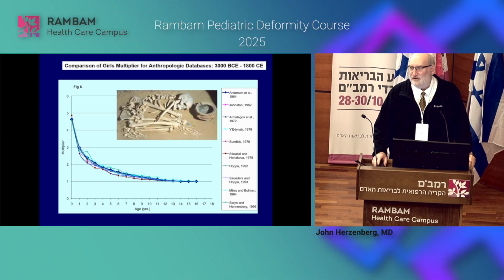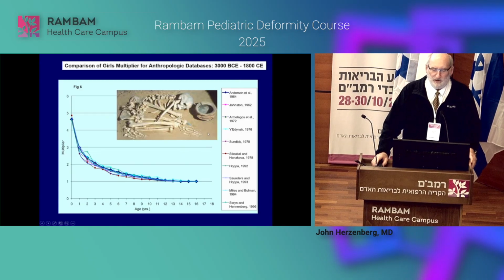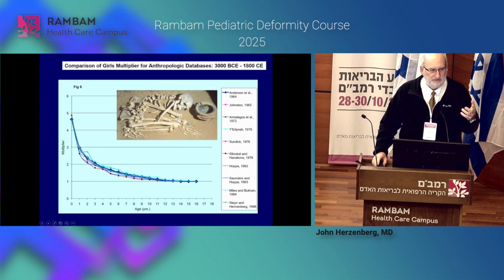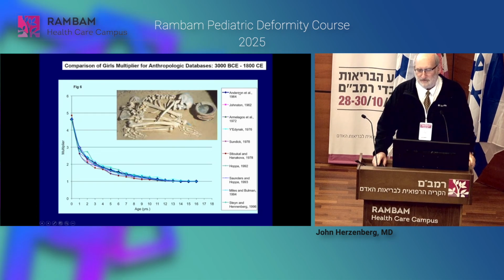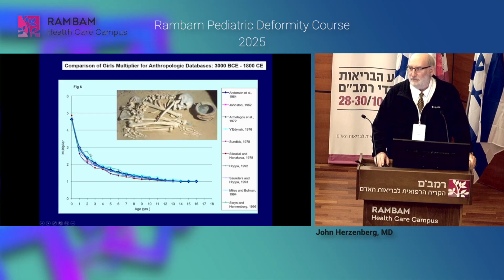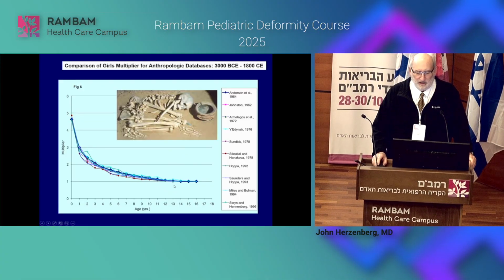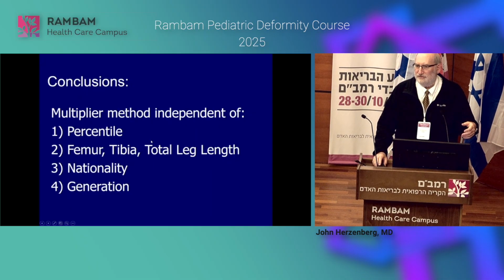And then there's even databases, believe it or not, of anthropologic sites, Indian burial sites that go back as far as 3,000 years ago. And you might ask, well, how do you know what the ages were of those skeletons? And the answer was they looked at the dental ages. So they knew lengths of bones, dental ages, and there's databases that we found, a whole bunch of them, from all over the world, of Indian burial sites or African burial sites. And when we calculated the multipliers, again, they were a pretty tight correlation. So it didn't matter if it was 3,000 years ago versus today.